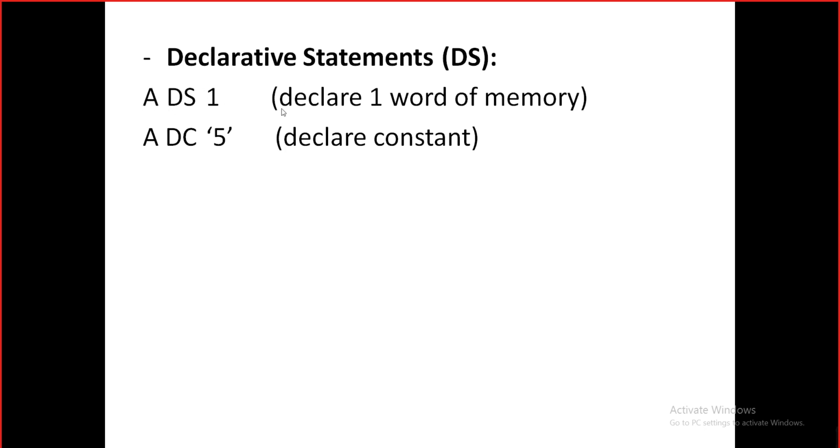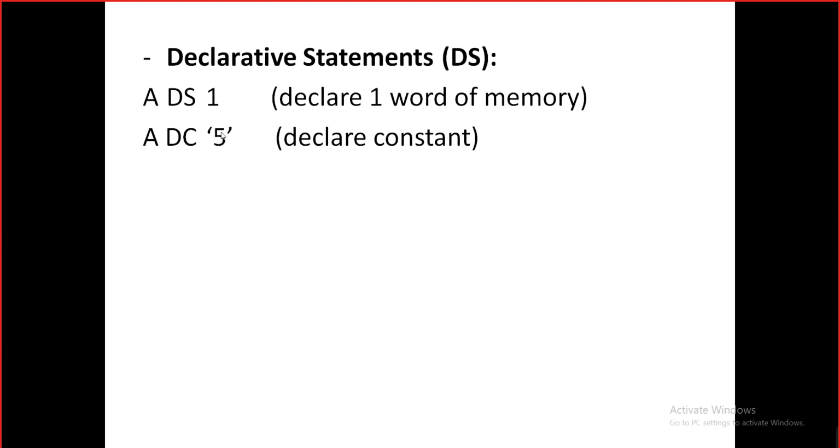Simple. So whatever you specify here, whether it is 1, 2, 3, depending upon the architecture of your system, it will reserve that much space. For example, here it is considering one word of memory to be reserved. It may be one byte, one word, 32 bits. Likewise, whatever you specify depends upon the system architecture.